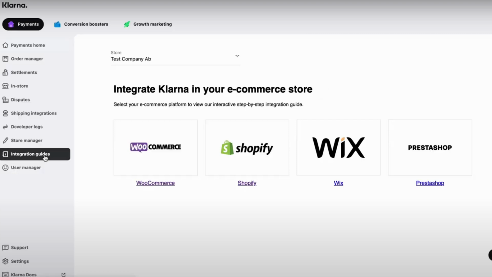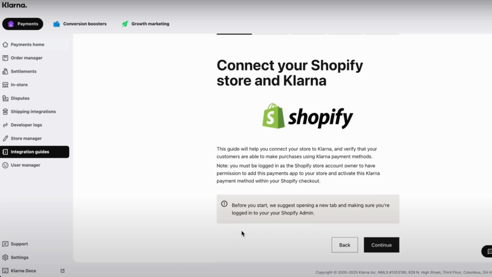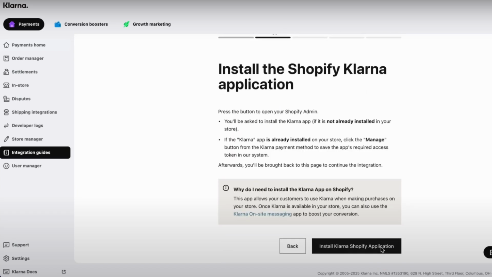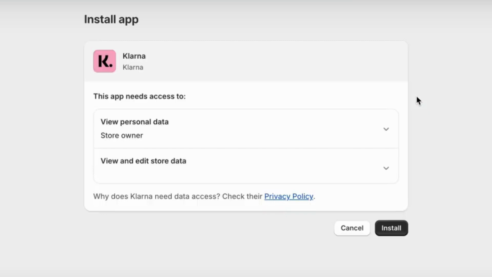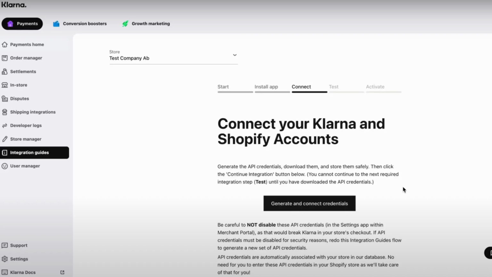Next is just choose Shopify in the list of e-commerce platforms. Just click on continue. Next is click on install Klarna Shopify application. And from the Shopify admin page, just click on install. Just grant access permissions by clicking on install once again, and back to the Klarna merchant portal, just click on